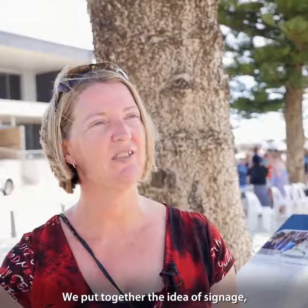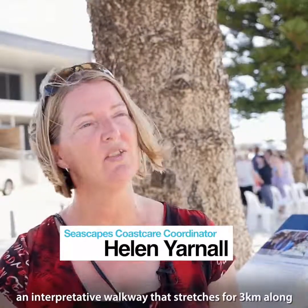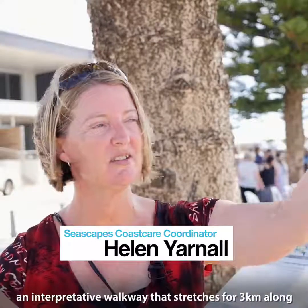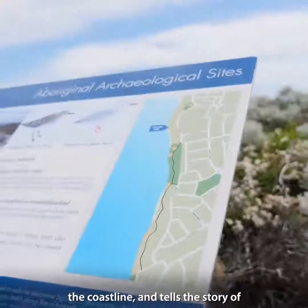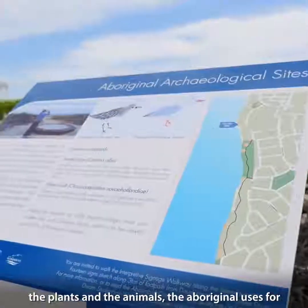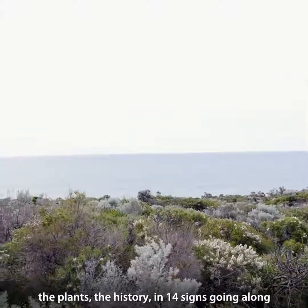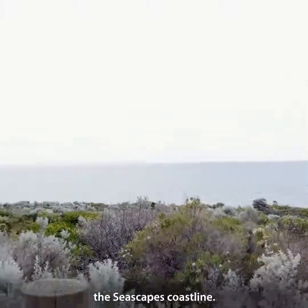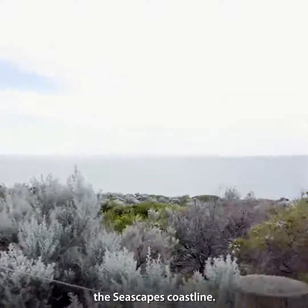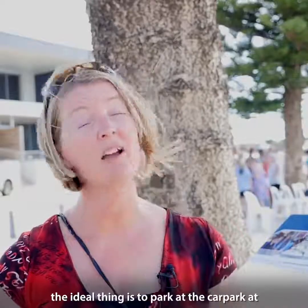We put together the idea of signage, an interpretive walkway that stretches for 3 kilometres along the coastline and tells the story of the plants and the animals, the Aboriginal uses for the plants, the history, in 14 signs going along the Seascapes coastline. The whole walk is 3 kilometres, so if you're feeling energetic, the ideal thing is to